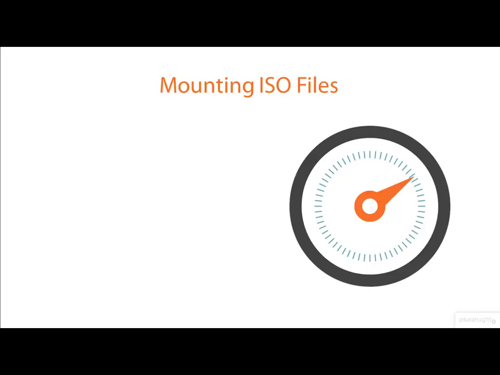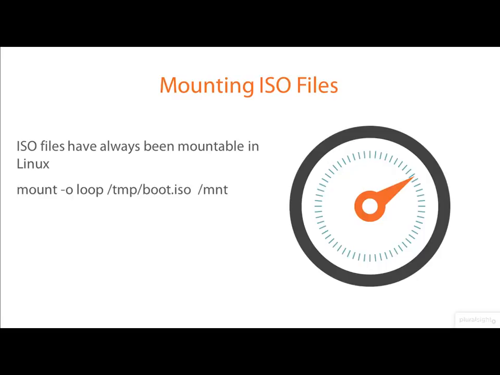Once we've created an ISO file, we could then mount this within our Linux file system. Incidentally, in Windows 8 they have inbuilt the opportunity to mount ISO files to drive letters, but it's taken them a little while to include it in the operating system, whereas it's been standard in Linux for years. So they've always been mountable within Linux, and to be able to mount it we can use mount -o loop. So our mount option is going to be loop, so we're using one of the loopback devices. We're choosing then to mount the boot.iso file, so /temp/boot.iso, and we're going to mount it to the directory